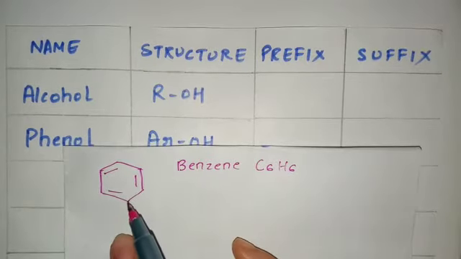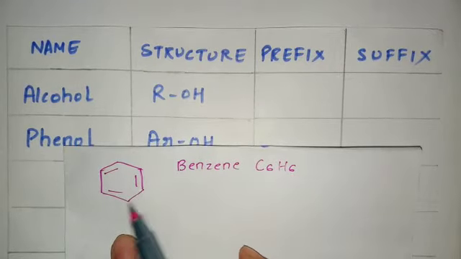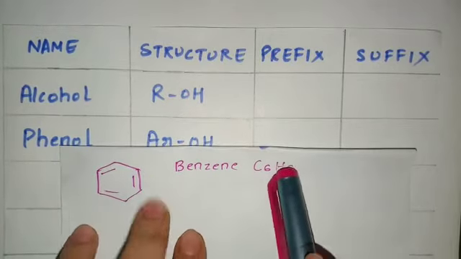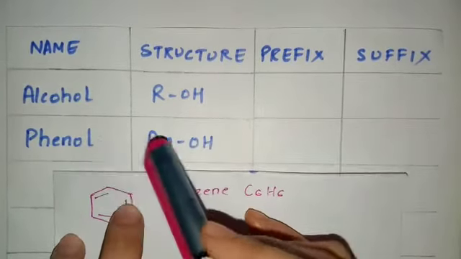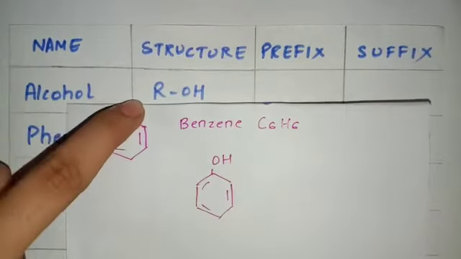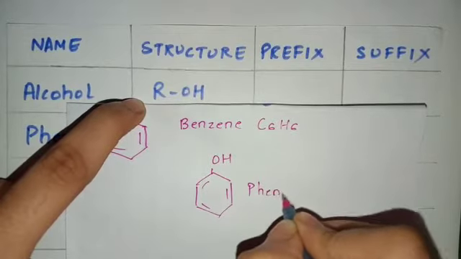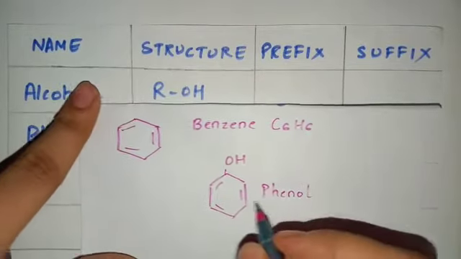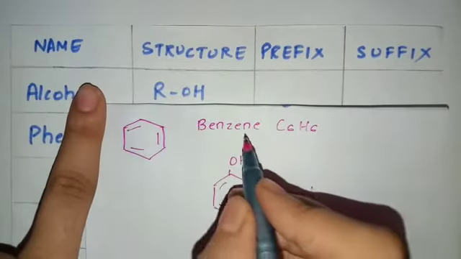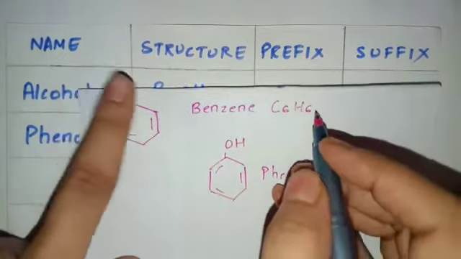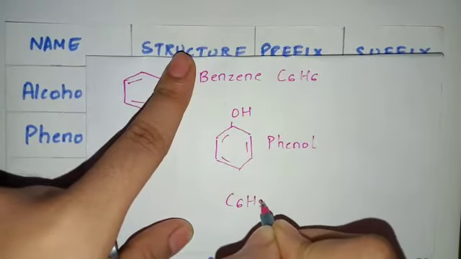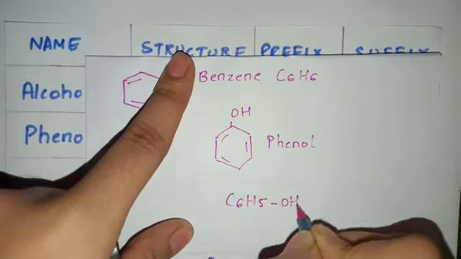Students, if you all remember your benzene ring, this is the structure of benzene ring, this is the formula C6H6. Now phenol is a compound which has a benzene ring in it. This is how a phenol looks, this is the structure of phenol. Now how is this phenol formed? In this benzene ring C6H6, we will remove one hydrogen. So we'll be left with C6H5 and then we'll add OH group.